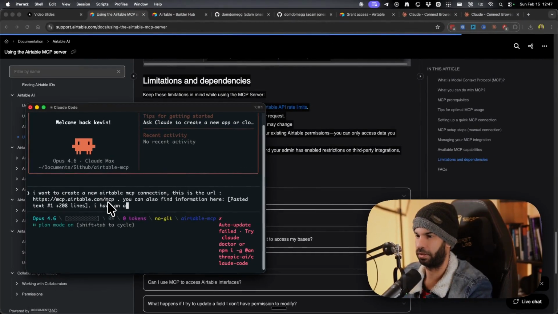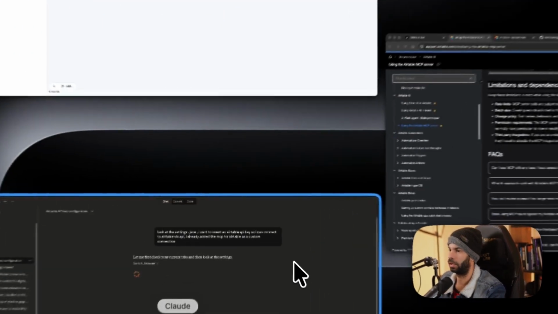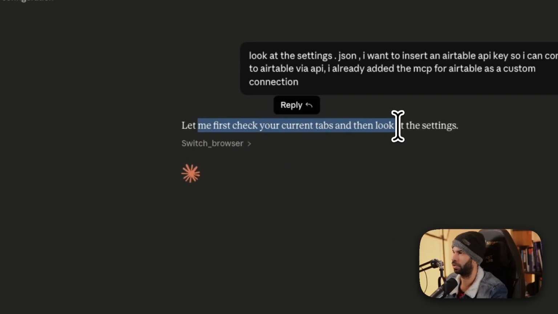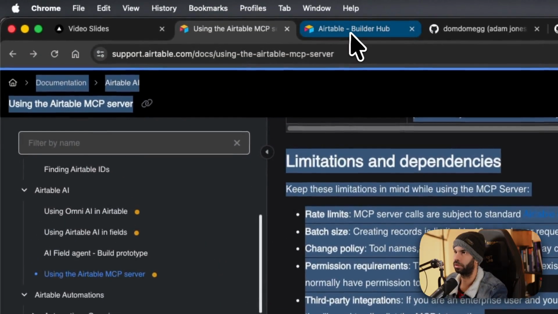I have an Airtable API key. It's called personal access token, ready for you. So this will do its thing right here. Now, in the meantime, let me first check your current tabs and look at the settings. Okay, cool. So while this is doing its thing, what I'm going to do is go to this URL,